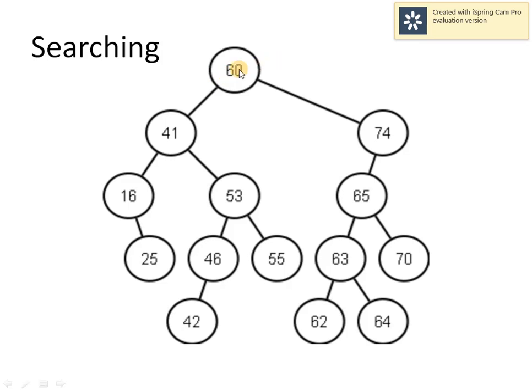So temp data is equal to 60. First step, we will check if temp data is equal to 100 or not. Since it is not equal to 100, we will check if temp data is less than 100 or greater than 100. In this case, temp is greater than 100.